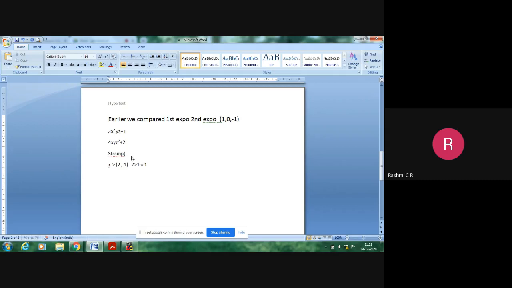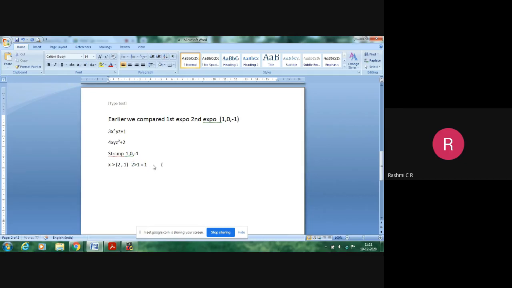What are the return values of string compare? You'll get either 1, 0 or -1. So this logic we have to apply in the program. Let us understand why this is required as well. I'm comparing 2 with 1. Since it is greater, it will return the value 1.